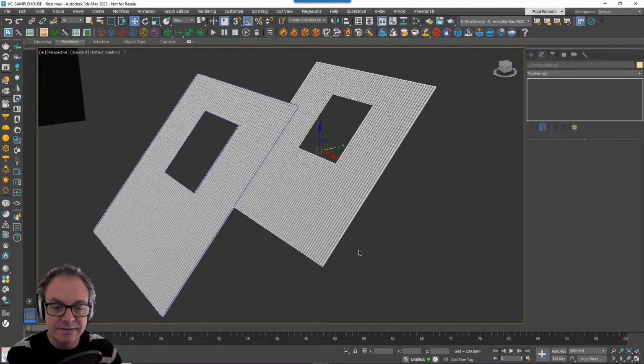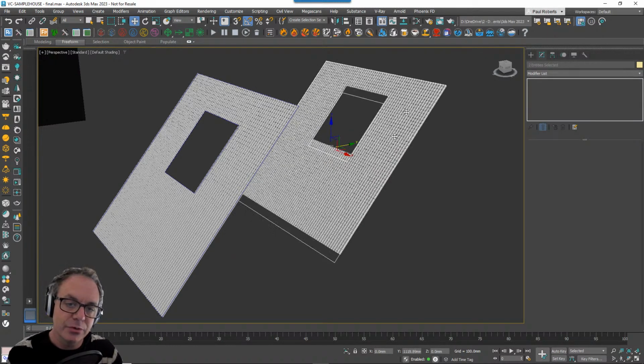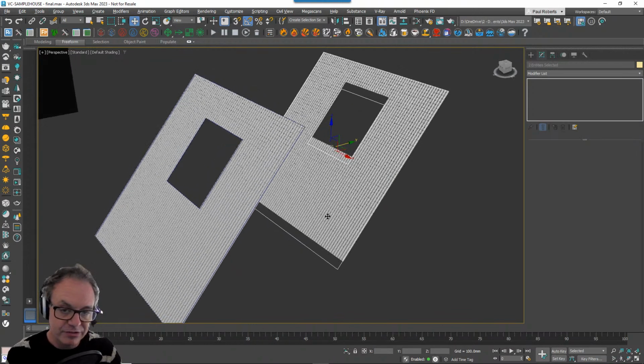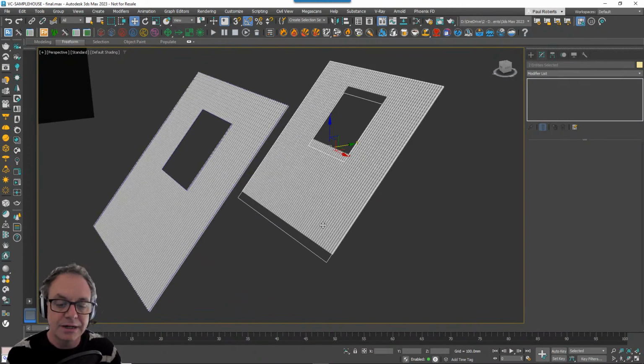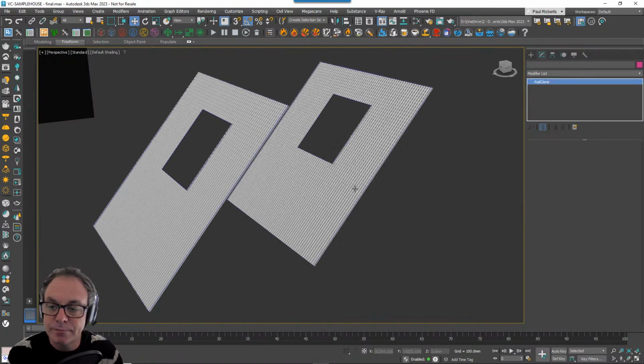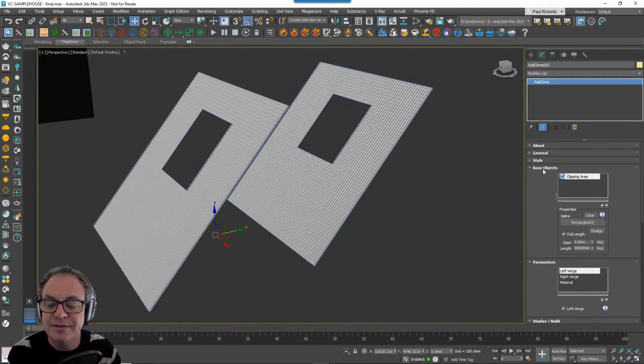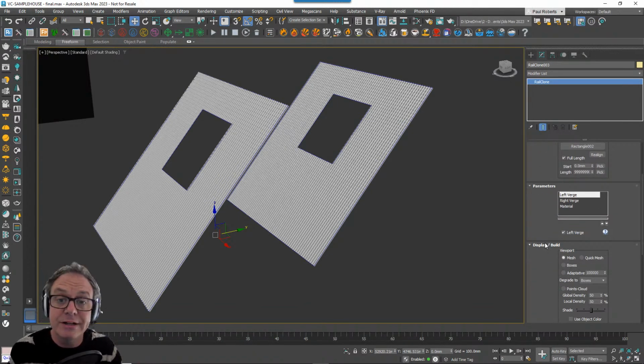But what you'll see is when I try and move it, it's quite slow, because every time I move the spline in the RailClone object, it's having to update the array each time, even though it's technically remaining the same. So there's an easy way around that, and that's to use the recent features that were introduced in RailClone that allow you to bake down the instancing into a proxy cache. Instead of having to calculate it on the fly every time you make a change, it just bakes down the existing distribution but retains all of the RailClone features and remains very, very efficient.